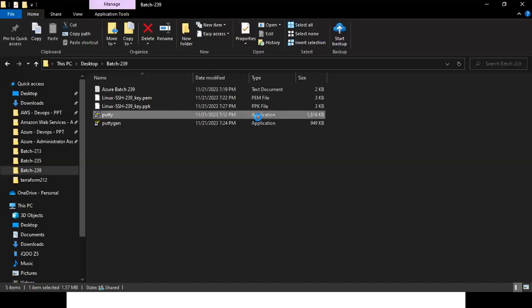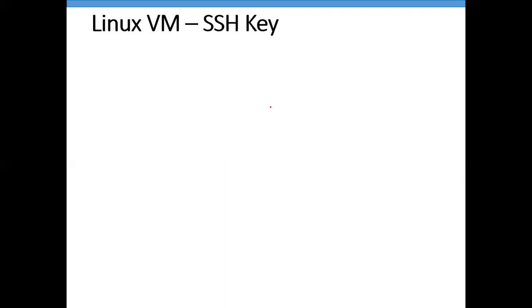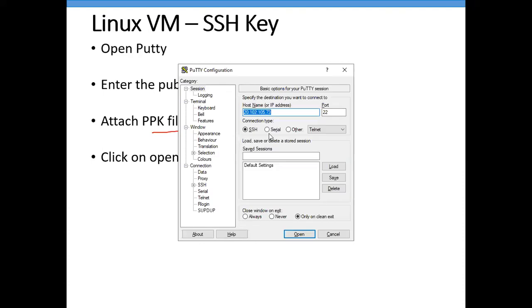Open Putty. Enter the public IP. Attach the PPK file. To attach the PPK file, we need to click on